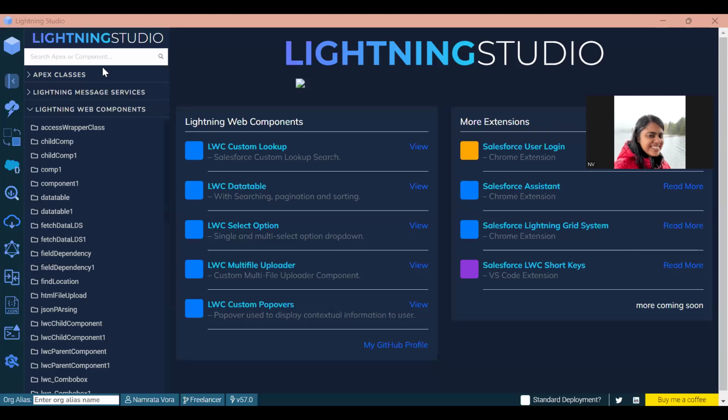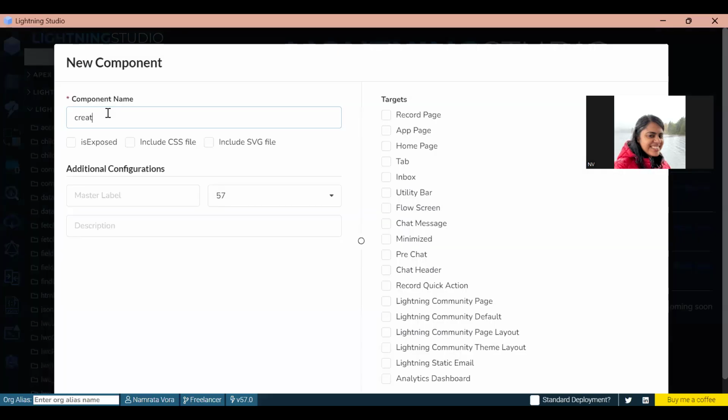So first, what we are going to do is create a Lightning web component. I'm going to create a new Lightning web component with the name create PDF LWC. I'll make it exposed, record page. Yeah, that's it. Okay, and